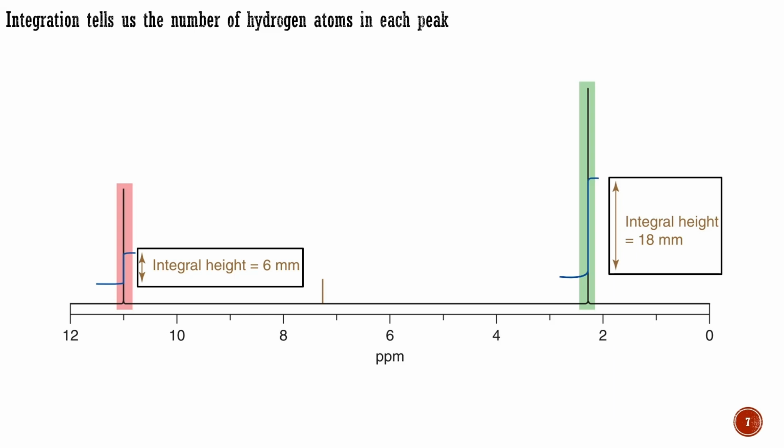After the integration, simply measuring the height of the steps with a ruler gives you the ratio of the numbers of protons represented by each peak. In many spectra, this will be measured for you and reported as a number at the bottom of the spectrum. Following the discovery of the atomic composition from the mass spectrum, we also can elucidate the distribution of protons of various kinds. Here the heights are 6 mm and 18 mm, a ratio of about 1 to 3. The compound is C2H4O2, so, since there are 4 hydrogen atoms altogether, the peaks must represent 1 hydrogen and 3